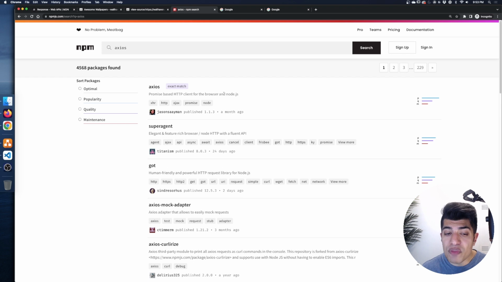I am going to highly suggest that you use the fetch API pretty much exclusively unless you really need the features of Axios, which, as I mentioned, is very unlikely and only probably 0.1% or less